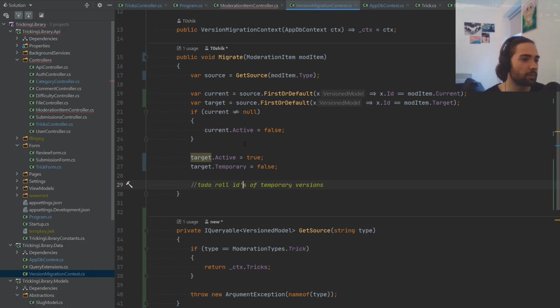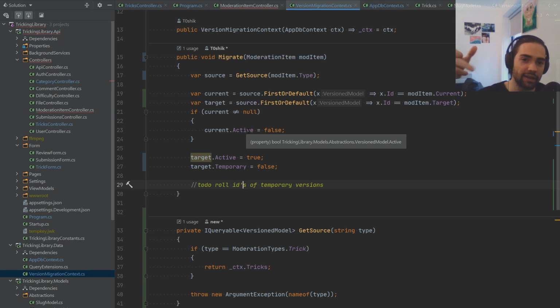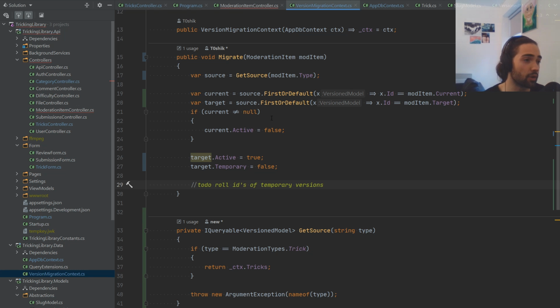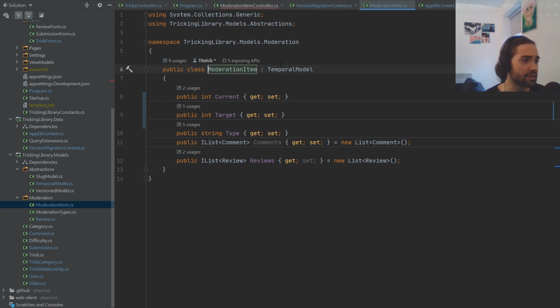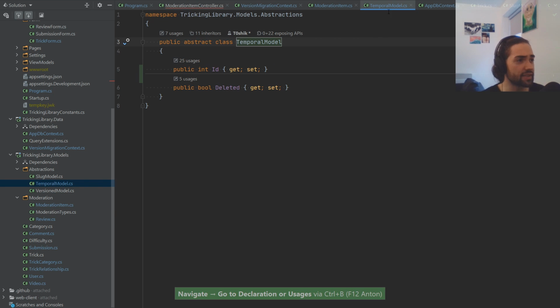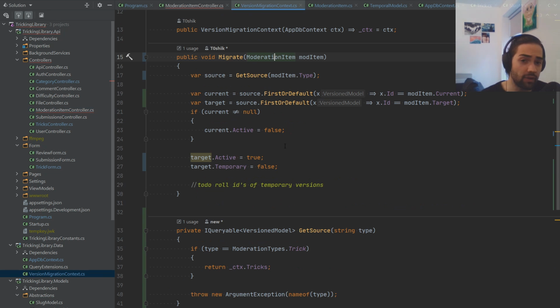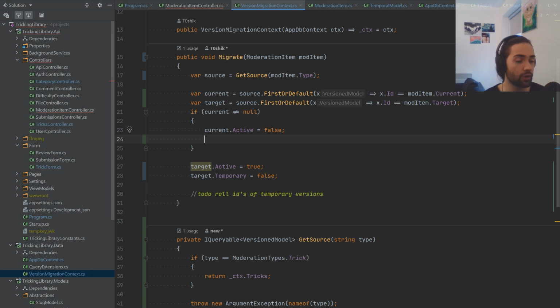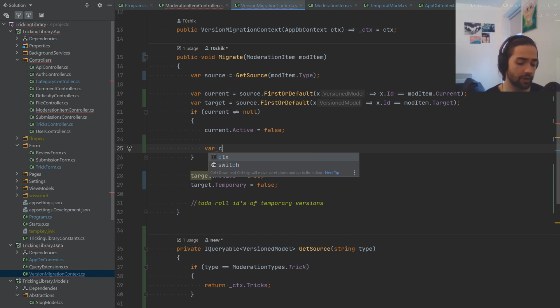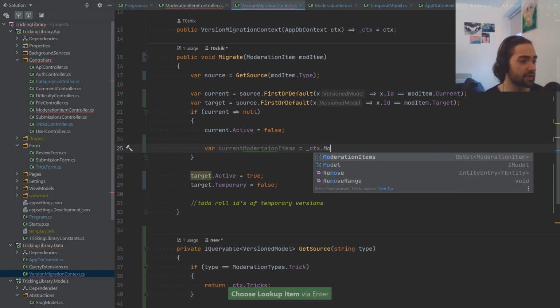So going back to the version migration context, how we're going to migrate our moderation items. If we take a look at the moderation item, it is inheriting from the temporal model, which does have the deleted property. And once we mark it as deleted, this is the part where we want to grab all the moderation items for a specific type that aren't closed, and bump the version after we have successfully migrated, right? So if we are setting that the current version is no longer active, let's go ahead and grab the current moderation items, and we'll go to the context, moderation items,